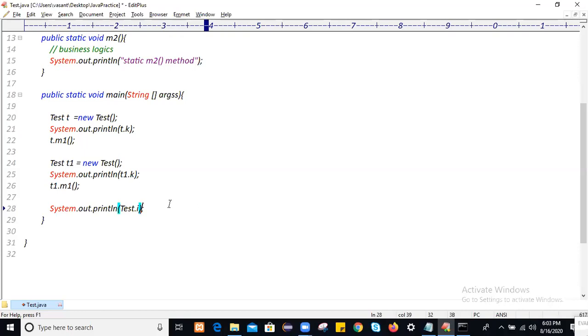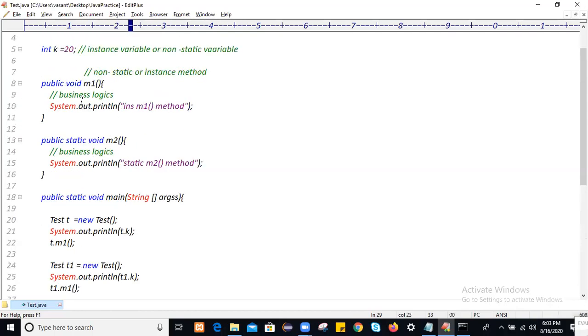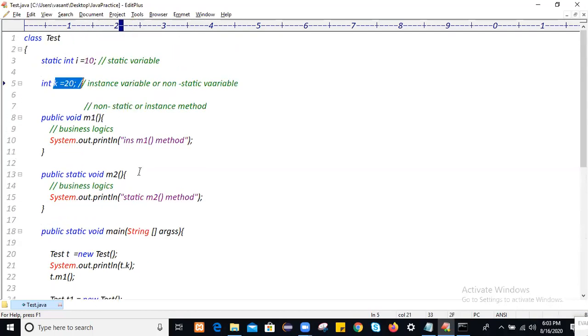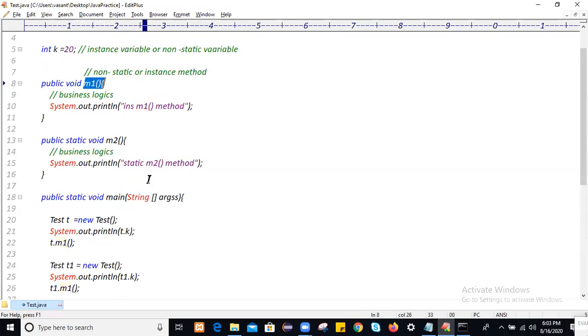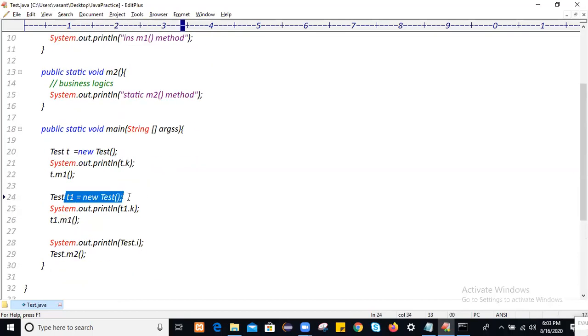Okay, and test dot method name is what? m2. So t dot k means what? Accessing the instance variable, and t dot m1 means calling this method. Again creating one more object, and on that object you are accessing.